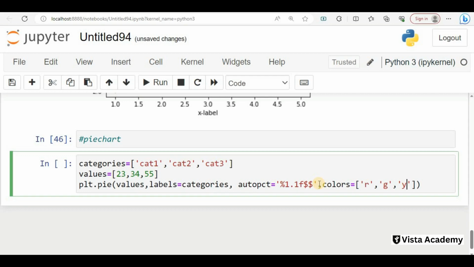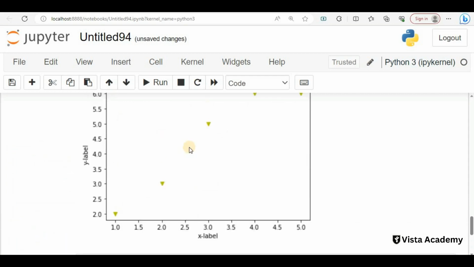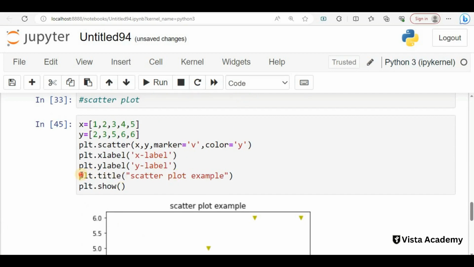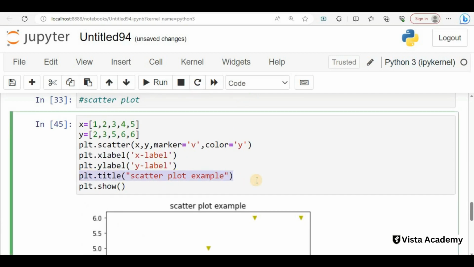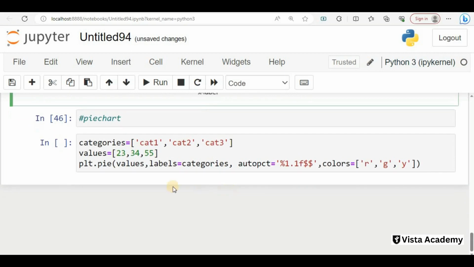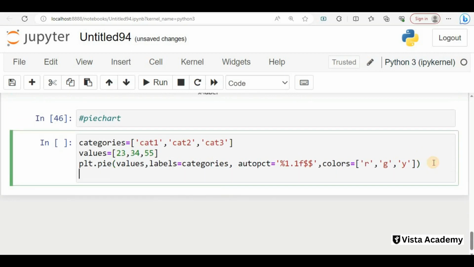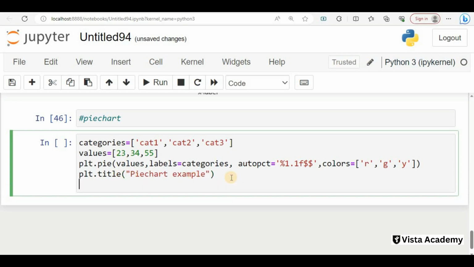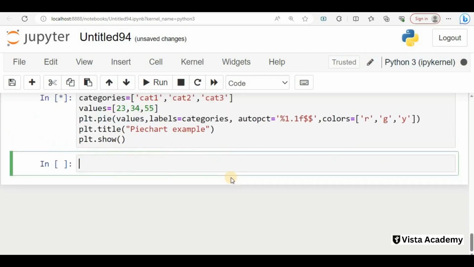After that I will put the title here. Copy this and put it here, and here we put pie chart, and then I will say plot dot show, and just run this.